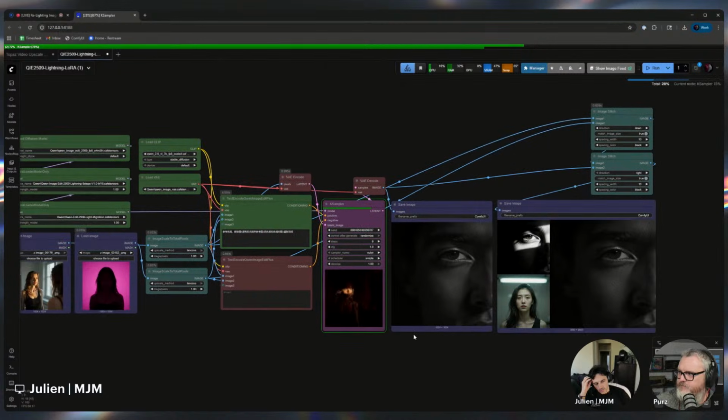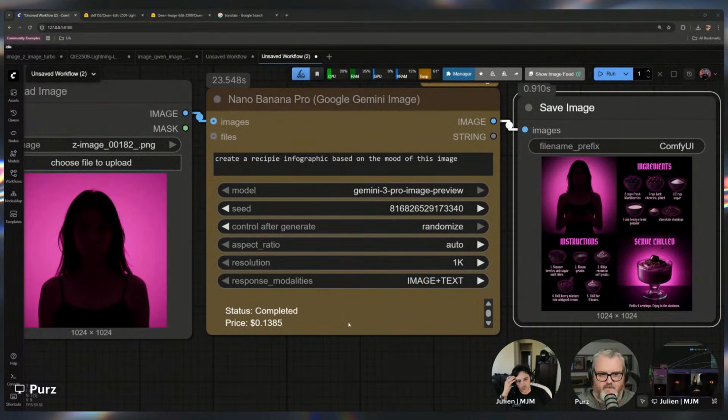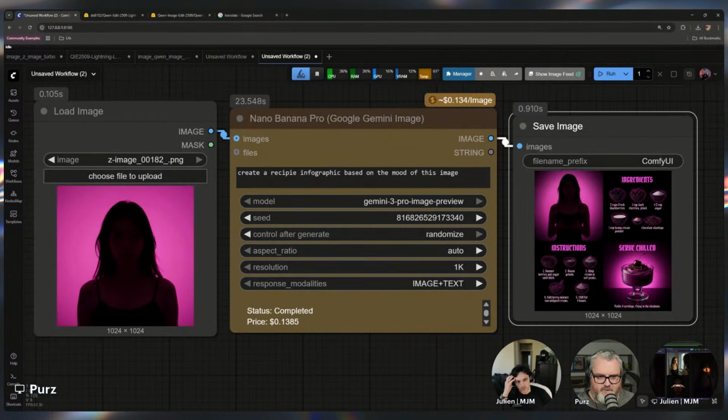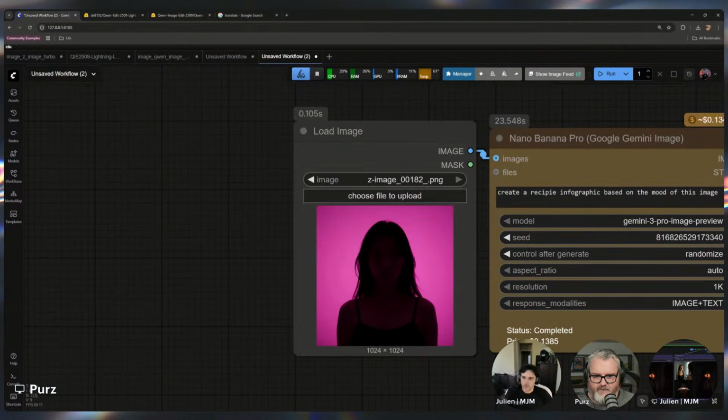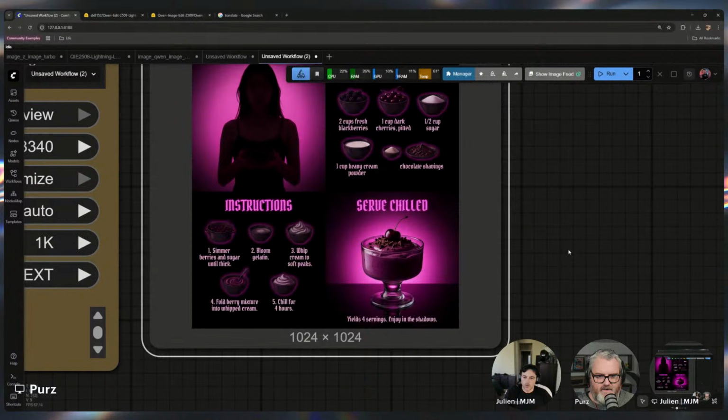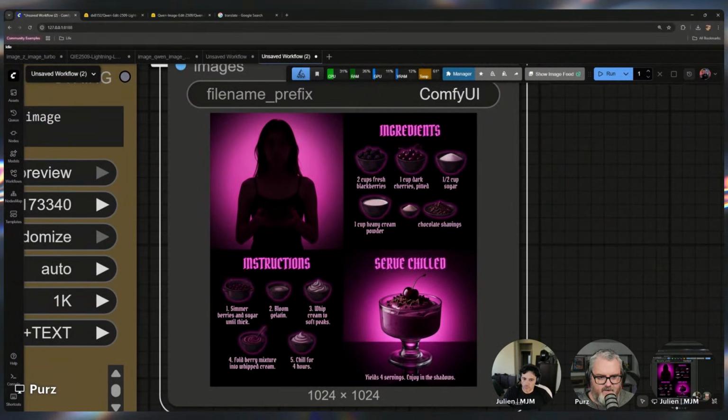I did the request. Ooh, I like that. So I created a recipe infographic based on the mood of this image. So we took this image here and we made an infographic. Oh, you did. Okay. It looks like some delicious